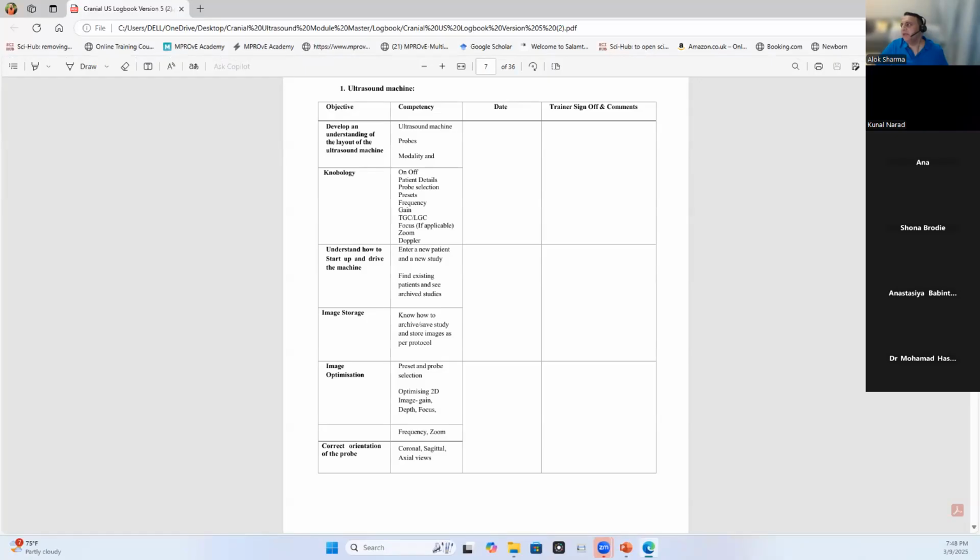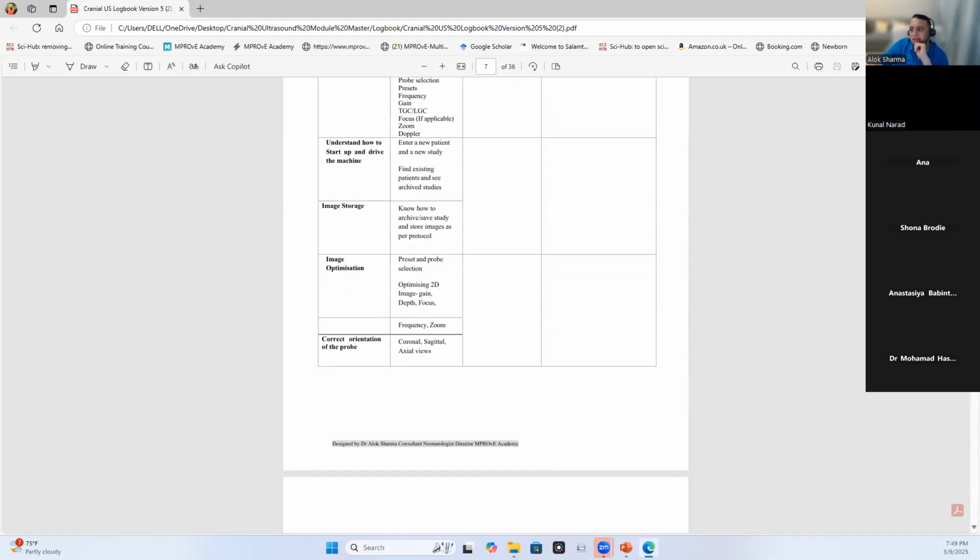So this is a PDF version of it, but you have a Word document that'll be saved. But the intention from my perspective is you can either have these things signed off by a local trainer. Alternatively, once you've done the chapters on Nobology, on the layout of the machine, the portal automatically records the time spent and the fact that you've accessed them. And once you've accessed them, I will then date and sign to say that you have completed the didactic training